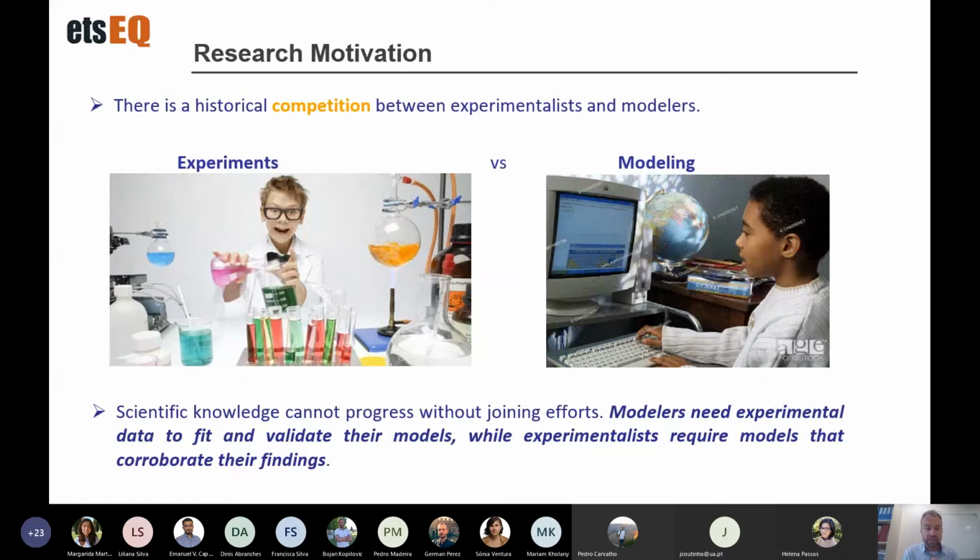I would say that scientific knowledge cannot progress without joining efforts. People who do computational modeling need experimental data to fit and validate their models. But at the same time, experimentalists also require models to corroborate their findings, to make their data consistent, and to use this as a tool to screen other conditions that maybe cannot be easily measured in the lab. That said,